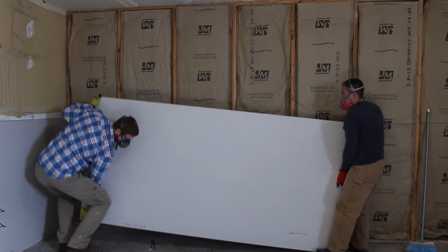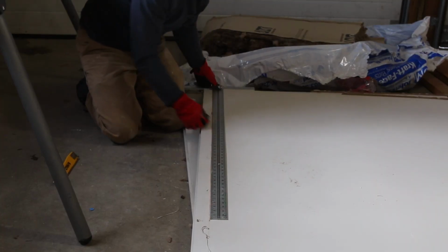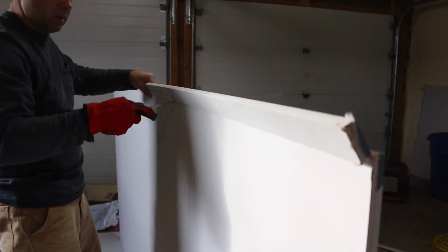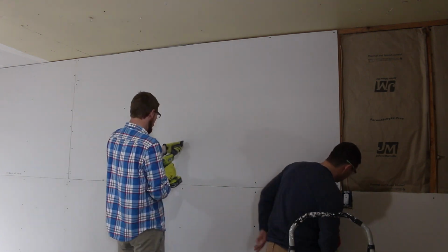We used 5/8 inch thick drywall for this project, and a multi-tool worked really well to cut holes for the outlets, which I put a little higher off the ground so benches or work tables can fit underneath them. The rest of the drywall is cut using a utility knife and a drywall T-square. The sheets are attached at each stud location using 1 5/8 inch long drywall screws, and then we began taping